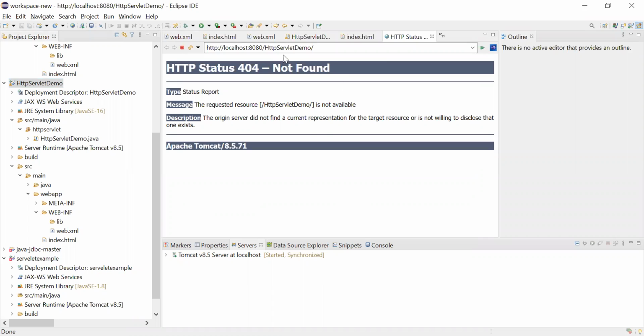You got an error. HTTP servlet demo is not available, it is saying. So it is not loaded. Our HTTP servlet demo is not loaded inside the Tomcat. You got an error. Let us see why. Okay, you can see the console.